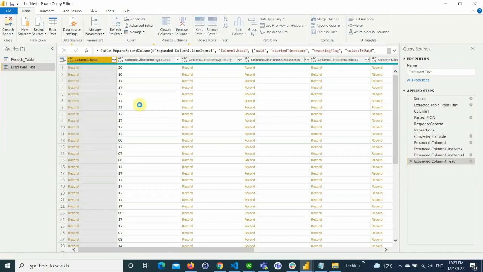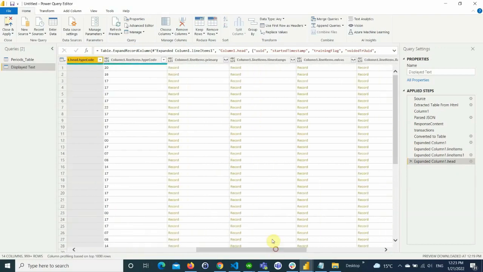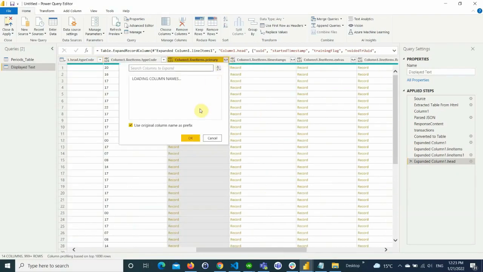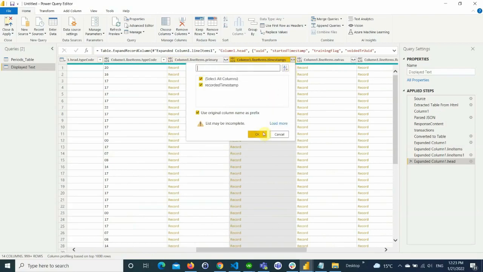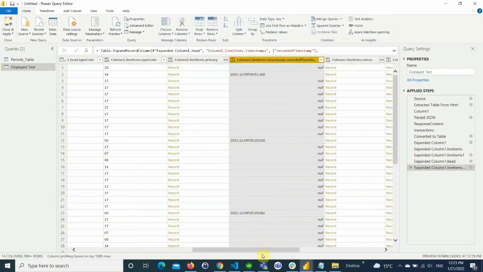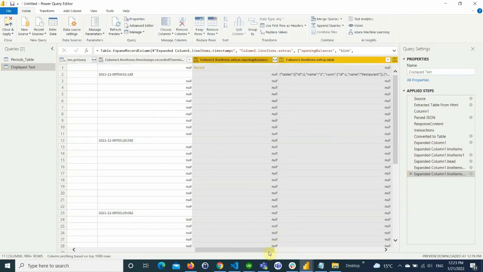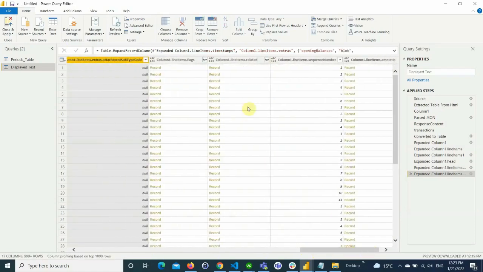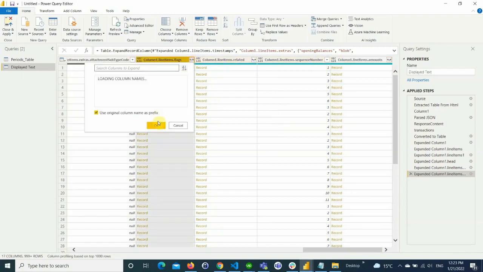I will also expand this. Okay, so it's giving me the timestamp, the training flag, and all these kinds of information. And here you can see that there are other options to expand. Some of them might be empty, some of them may have some columns. So we can just keep looking at all of these and doing an expand on everything. What we need to expand are the amounts, and the flags. So we will try and expand everything.